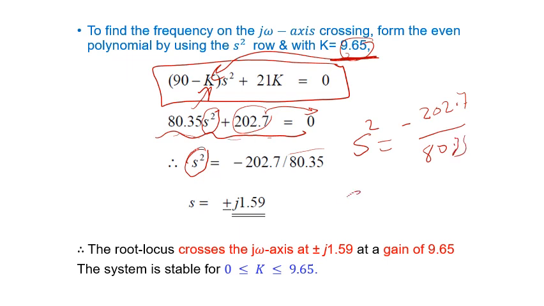So if you want to find S, of course, here you have a minus, which means j will appear. Divide first, then find the square root of it. You will find finally that the value of S is equal to plus or minus j 1.59, which means